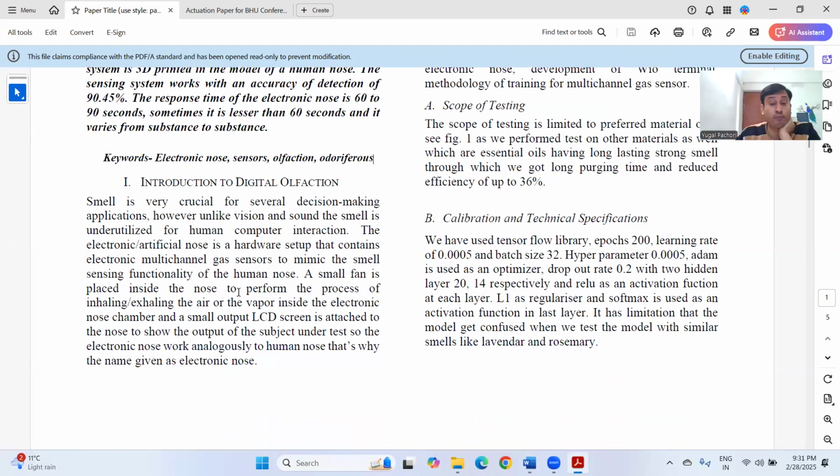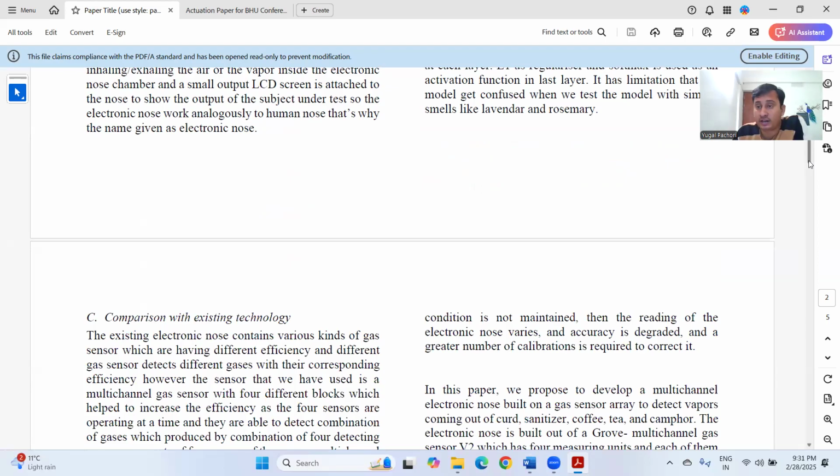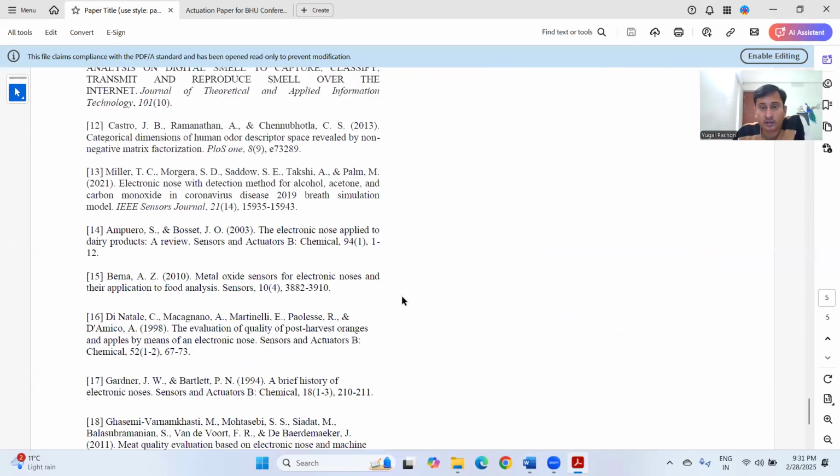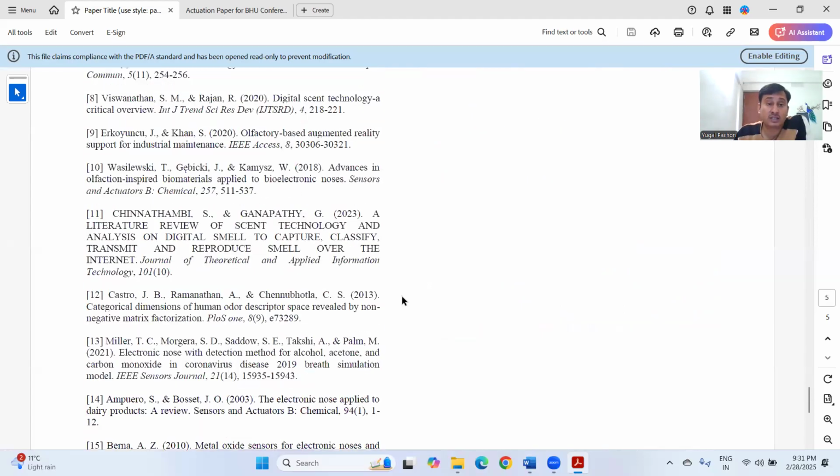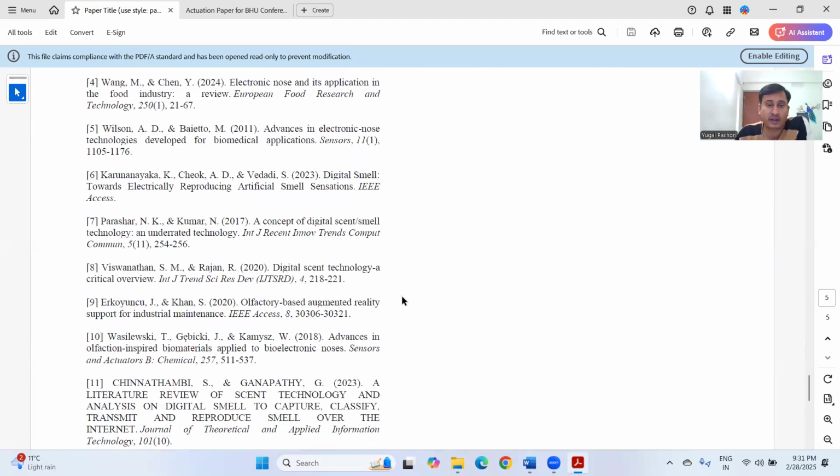Now you have to start the base of the paper. What are you talking about? Here comes the literature survey. In the literature survey, you have to thoroughly write what you are trying to introduce in the paper, and what the references are for that particular paper. For example, I directly go to the reference section of the paper. I have written 20 references in the paper, and of these 20, some are random as well, though related to the paper.